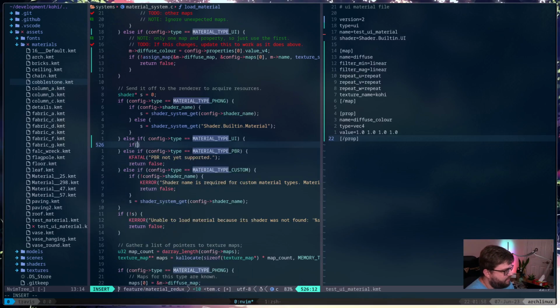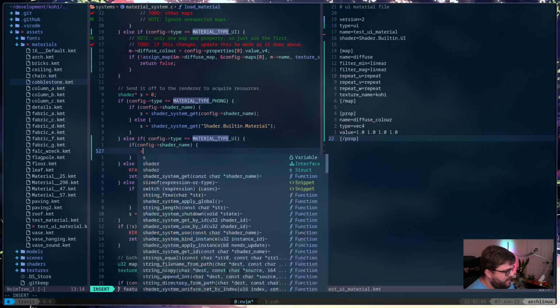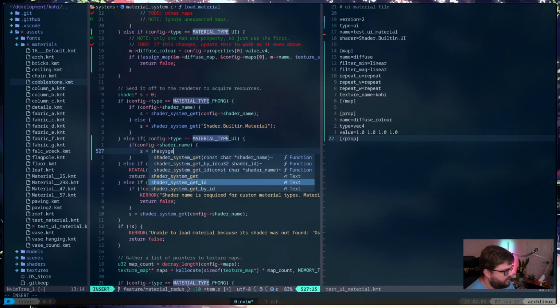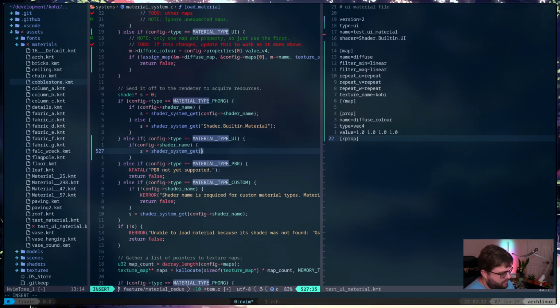So we'll say if config shader name, then we'll use that as the override. So we'll say s equals shader system get config shader name.